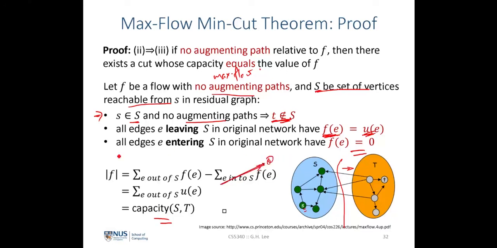since this term here is going to be 0, because the third point over here simply states that there won't be any flow going into S, and the second point over here states that all the flows must come out from S into T over here, and that's going to be equal to the capacity, following the conservation of flow and the maximum capacity of the graph. Hence, as a result here, we would have proven that if there's no more augmenting path